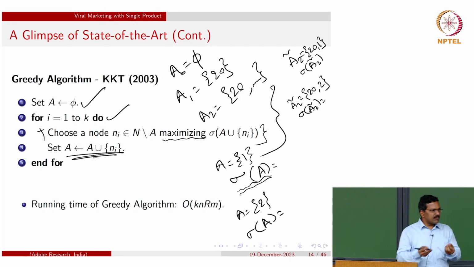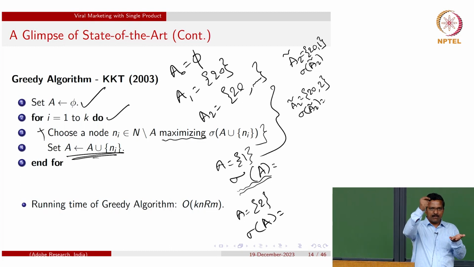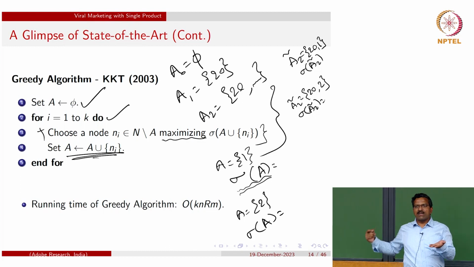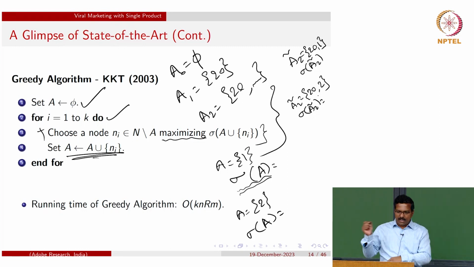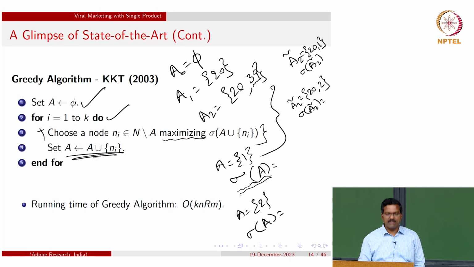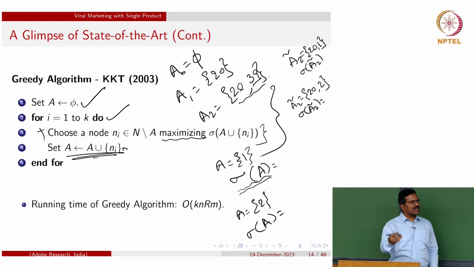So I repeat this process; 20 is fixed. For the second slot, I put 1, 2, 3, and so on, 9, 18, 19, 20 is over, then 21, 22, up to 100. For all these 99 potential candidates, I calculate sigma of A2 tilde, and for whichever combination it is highest, I take that combination and fill that slot. Suppose for the 39th node that value is high, I fill the slot with 39. So I completed my second round. By the end of the second round, I got 2 activated nodes. I repeat this process until I get all k nodes.